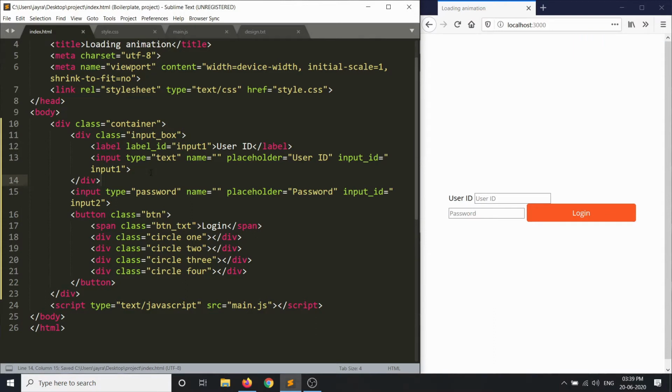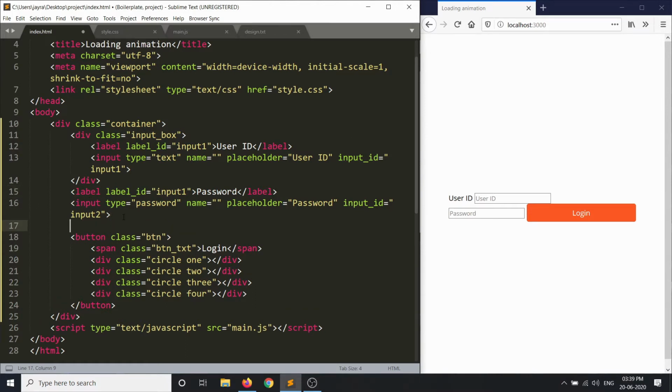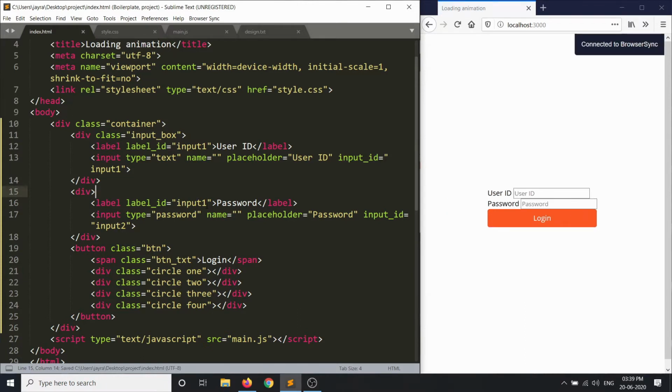We'll do the same for the other input field. We have not created a label. Let's do that. Control C, Control V, and the text inside the label will be password, same as the placeholder for the input field it is related to, and both need to be wrapped around in a div tag. Okay, this moves, this moves, this moves, and there is a div tag here. And the label ID needs to be input 2, same as that of the input ID of the input field.